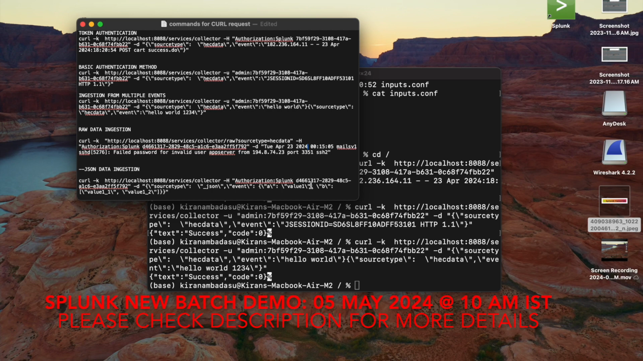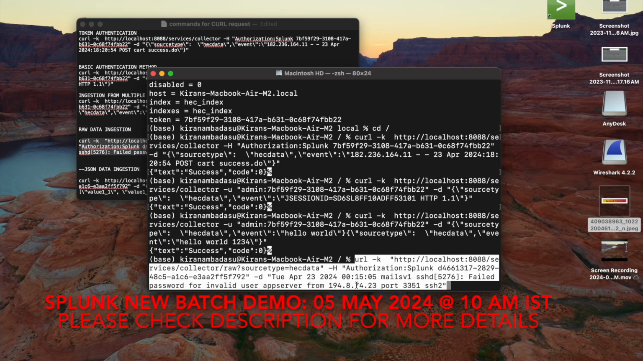Okay, and I'll be ingesting this one as well. Let us check whether I can ingest this directly as raw data. With the authentication method we are using -H only, that means the Splunk authentication method only. So I can always use this one. If I paste it over here and press enter, yeah, source type, here we have given a source type data. And if I press enter,